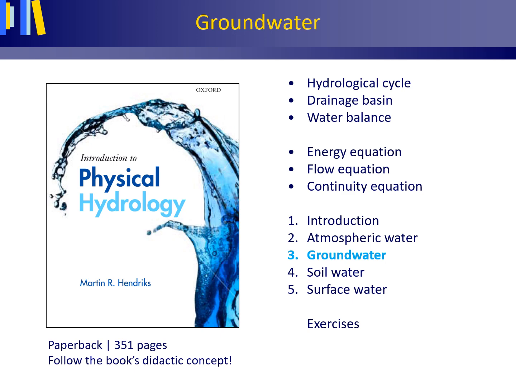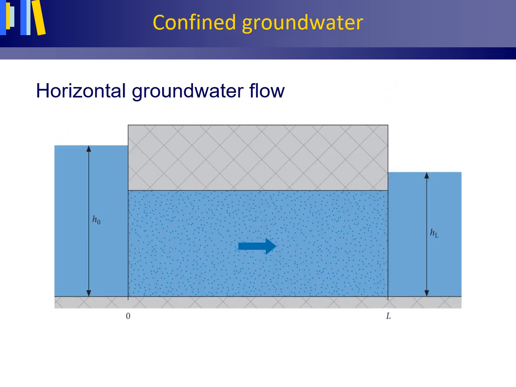Sections 3.8 to and including 3.10 on groundwater. This figure shows groundwater in a homogeneous aquifer captured between two impermeable layers, one at the bottom and one at the top. The water level in both canals lies above the bottom of the upper impermeable layer, causing the aquifer to be confined. The canals are incised to the top of the lower impermeable layer.